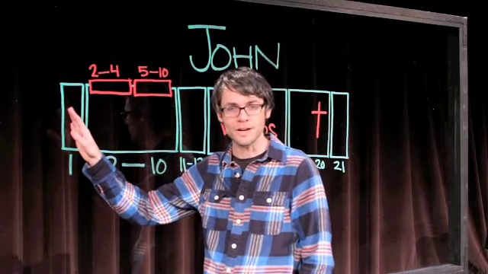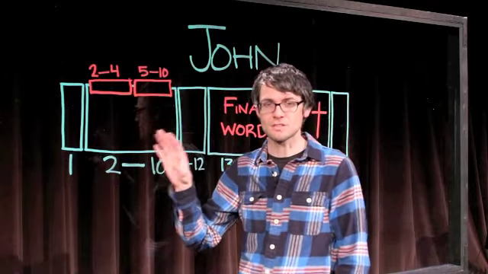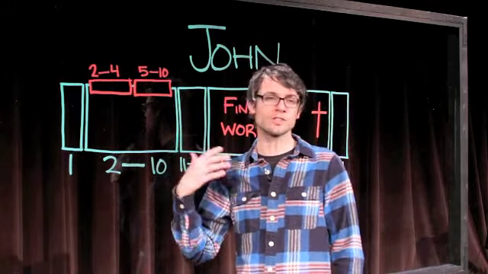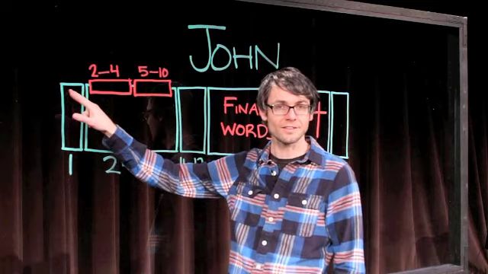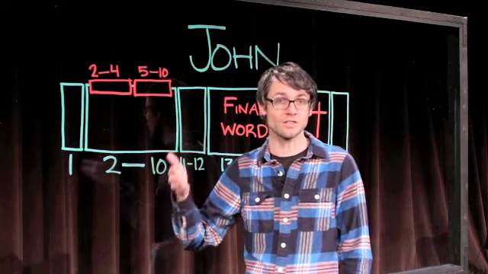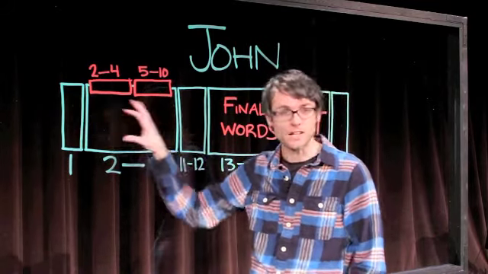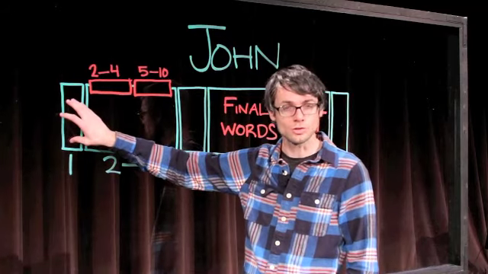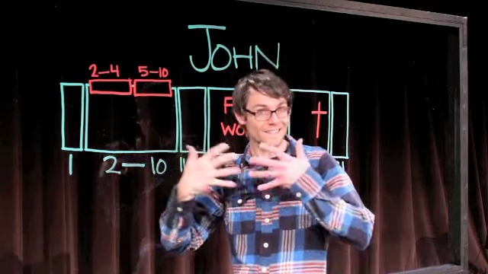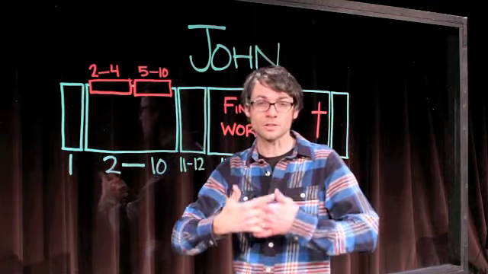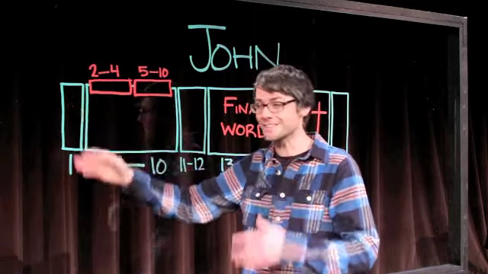It begins not with a story about Jesus. It begins with a long prologue from the author telling you about Jesus' identity. And it does so by using Jewish imagery and wording and ideas taken right out of the Hebrew Bible. So the first sentences of the Gospel of John are retelling the story of Genesis 1, the story of creation. Except Jesus is introduced, not coming onto the scene in Nazareth of Galilee. Jesus is introduced as someone who is present and actually the one who shares the identity of God as the creator of the universe. Jesus is introduced as the creator of all things, right in the first sentences of John.